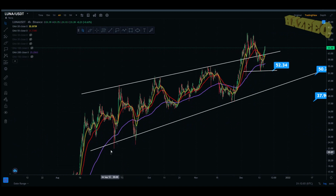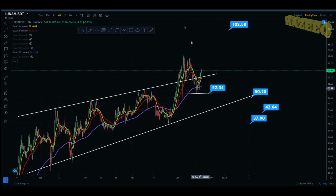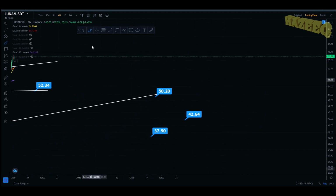As you can see, it's been holding support relatively nicely all this time, so we potentially can come all the way down here and land at around $44, $45 here. So that's something that you should look out for. Also, you do have the support over here at